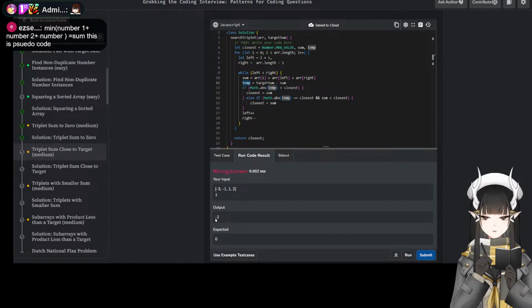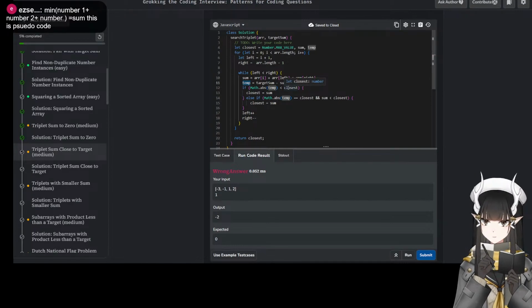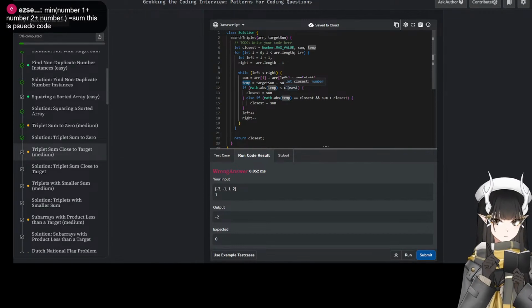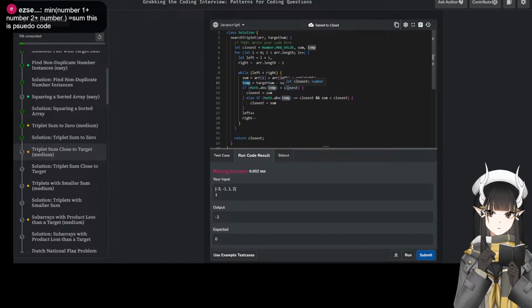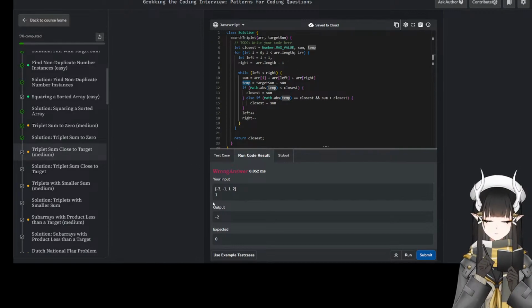Target sum is 1 minus. Oh, minus. Okay. Wait, I don't have a minus. Sum is -2.